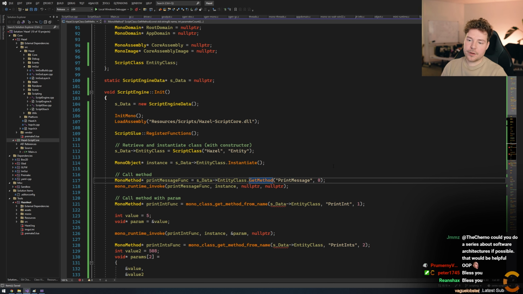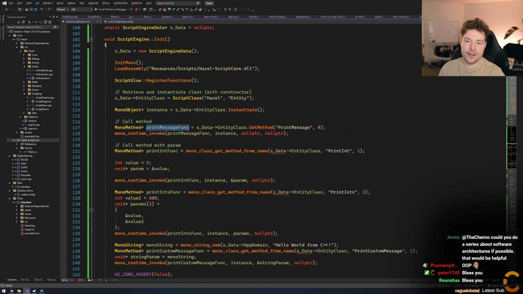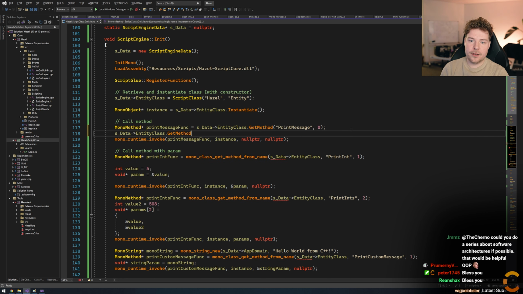Get method. The reason why I contemplated doing this as well is because we're going to need to eventually invoke it. And so it might make more sense to just not care about that and do an invoke and then have this try and retrieve it if it doesn't have it or whatever, and then cache it, but that's a whole system though. So I don't really want to do that. So we'll just do a start of that, and then we'll do invoke method. So we get method and then we invoke method.